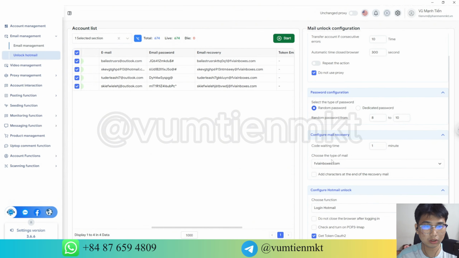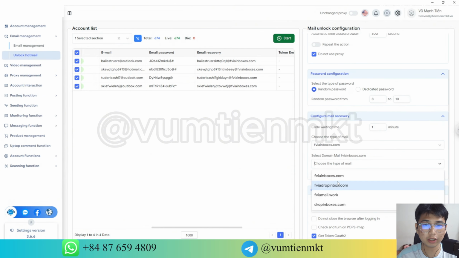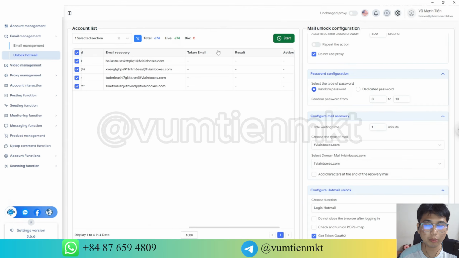Then my tool will automatically go into the email host, log into the host mail, go to your email area, get the code, and then get the mail token. If your account gets locked to the email, my tool will automatically go in and retrieve the code for you. But first, you really need to have the mail token, then my tool will automatically fetch this mail token for you. After that is done, you just need to go back to the account management section, select the account, and